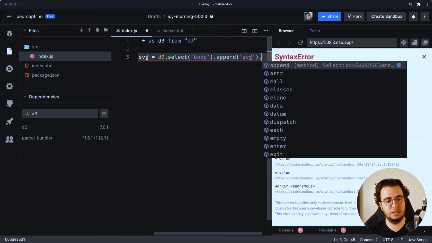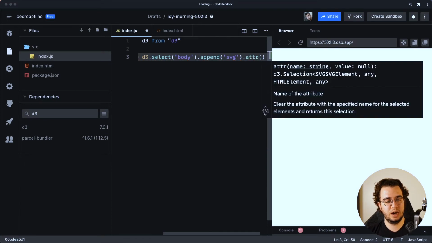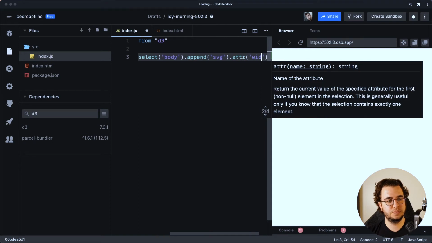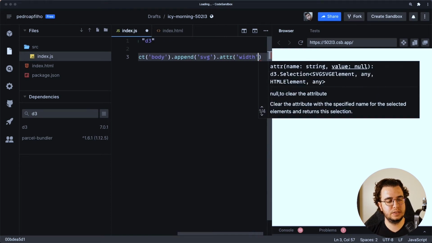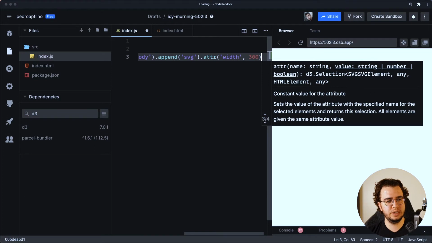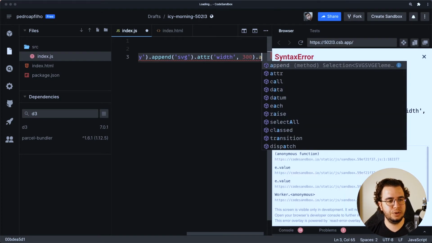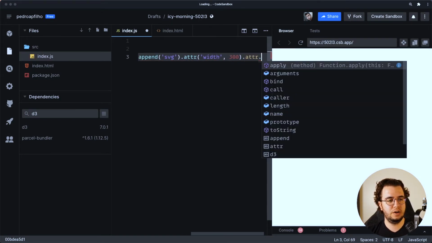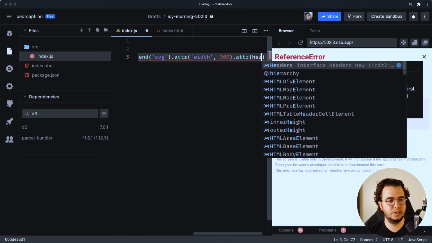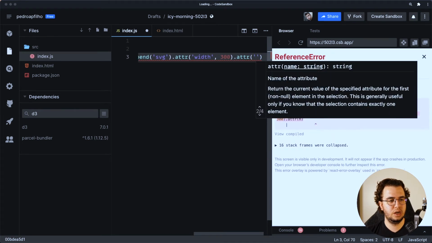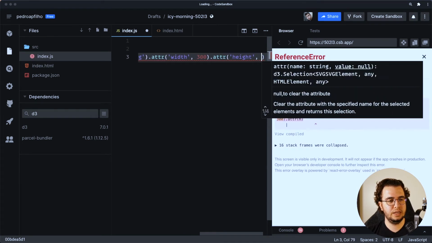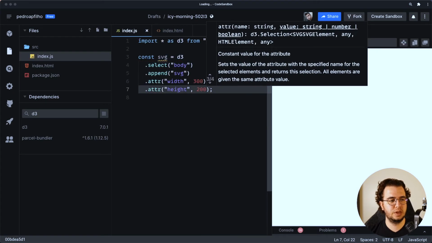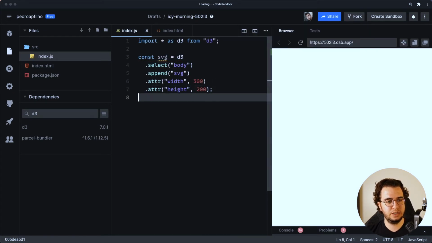First, I'm going to put attribute of width as 300 and the attribute of height as 200. I don't see anything here because this SVG doesn't have any color or anything, but let's then get this SVG and append a rect,